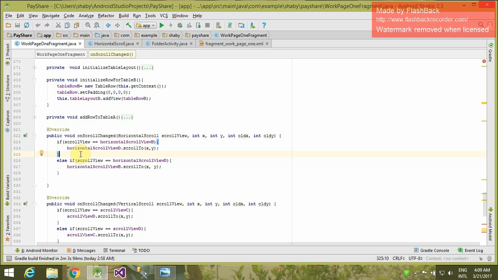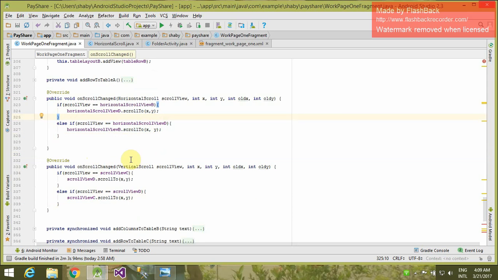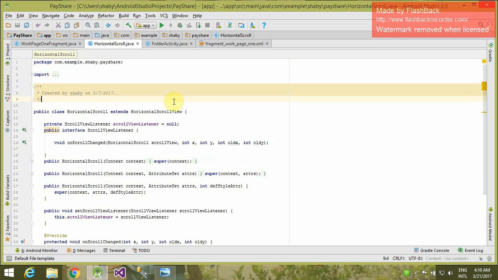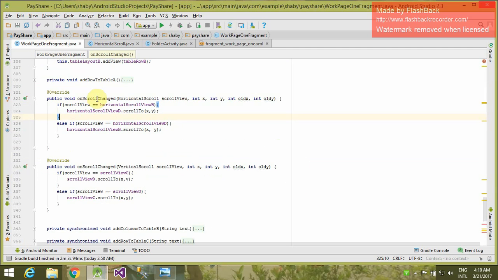And if horizontal scroll view D calls this function, then with the same movement horizontal scroll view B will also scroll. Similarly, you can create a vertical scroll exactly similar to the horizontal scroll, and then you will achieve the desired layout.